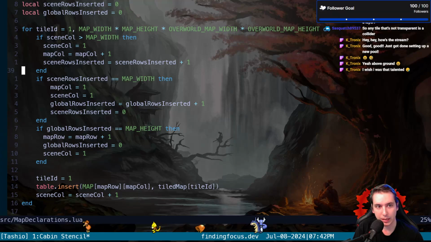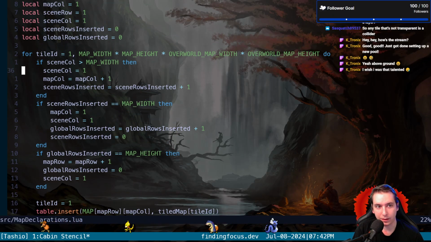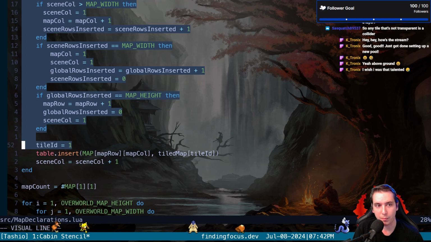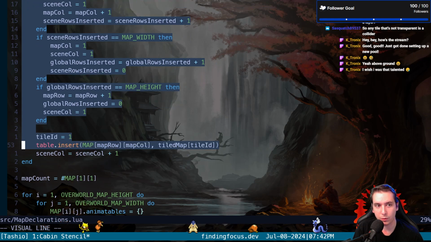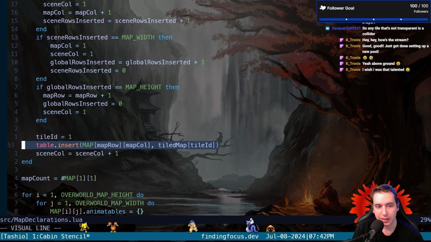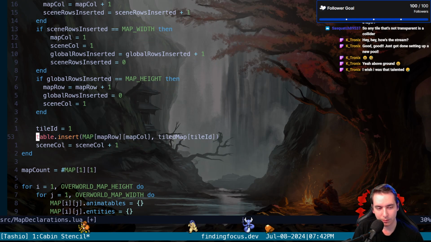So we would say, like here, this map data downloader is keeping track of which scene row and scene column we're in. So then we would say not only insert a map here for the tile ID, but that would give us the starting